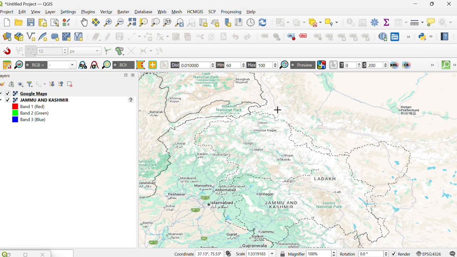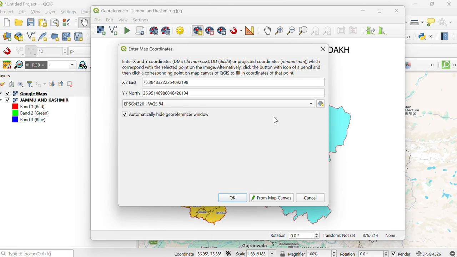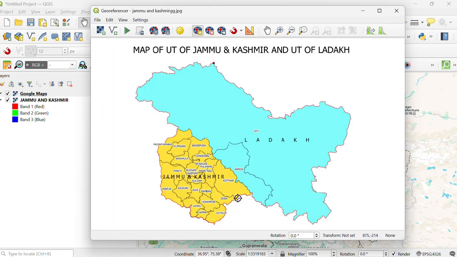The GCP point which we have pointed on our image should be exactly on the map where we want to georeference. This was the point where we do georeference. Now our next step is this one. Let's take this one.